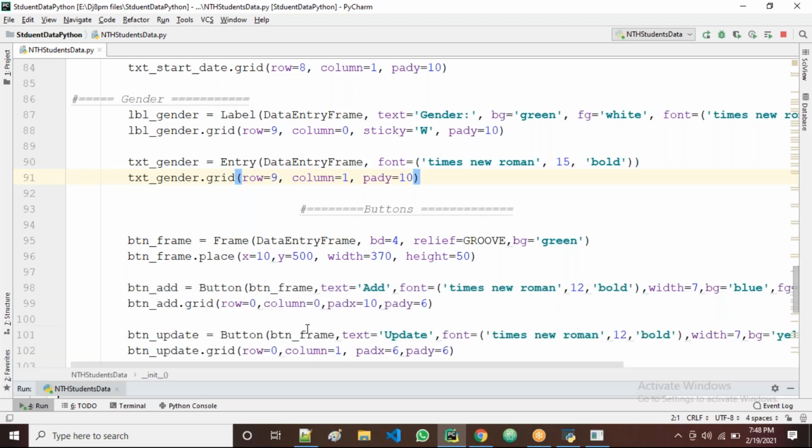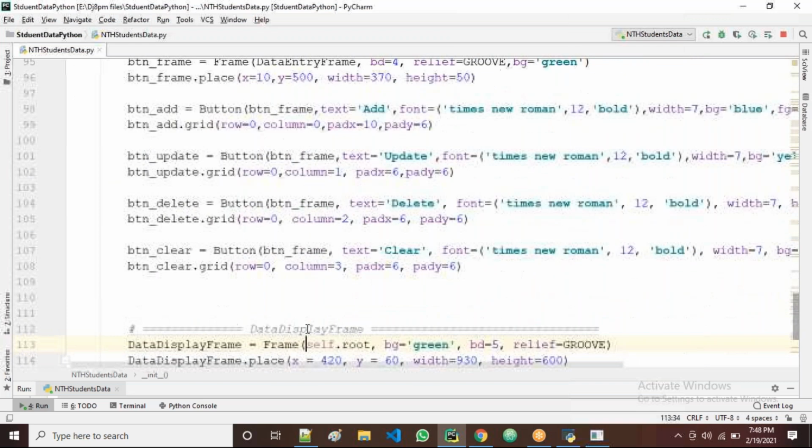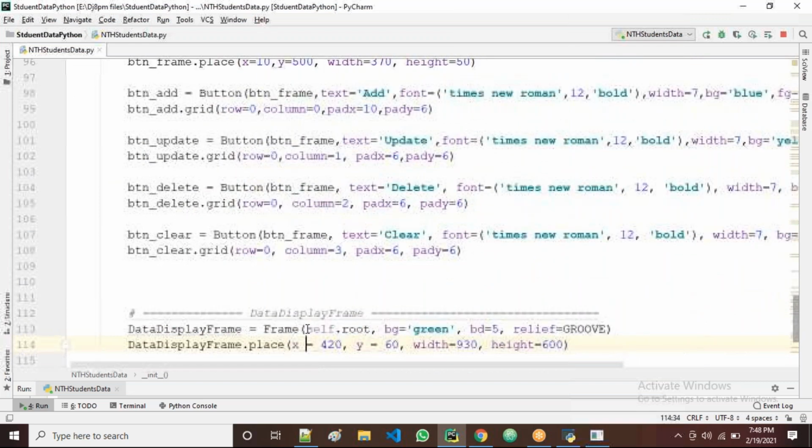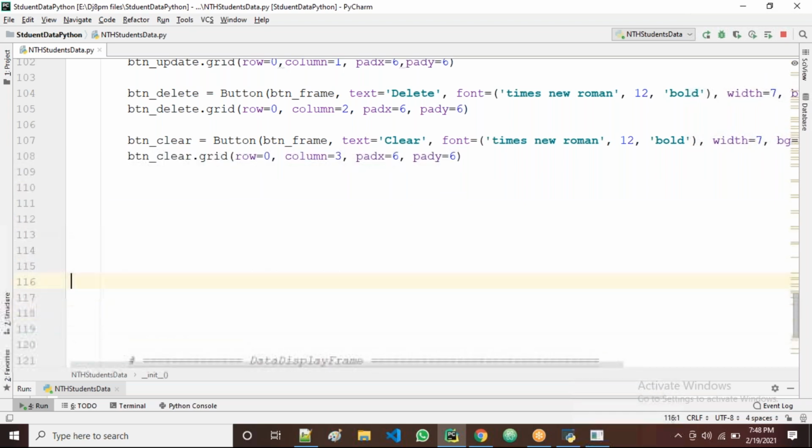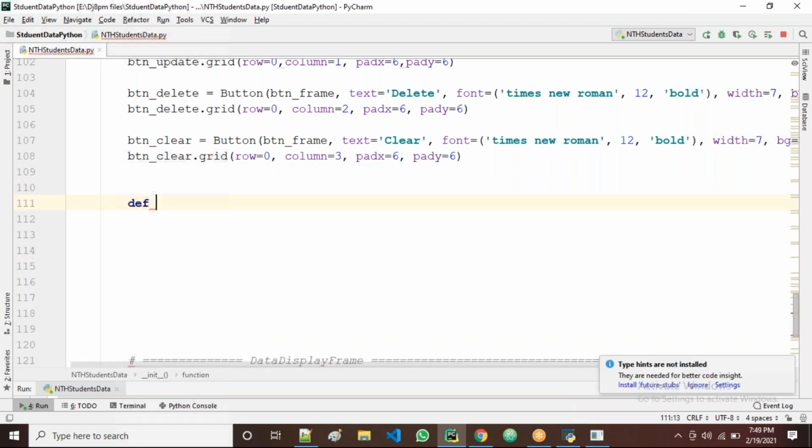Observe. Yes, guys. Now I'll take one method here. Now I'm taking the method, def adding data, guys. Def adding data of self.